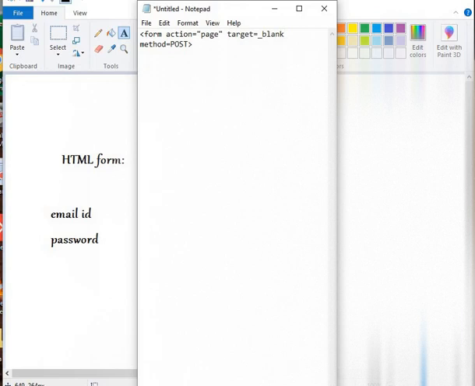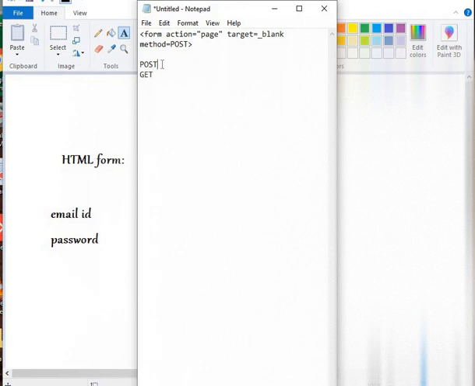After that, the third attribute is method. We have two methods, post and get. If you're using get, all the data inside the form will be shown in the address bar.